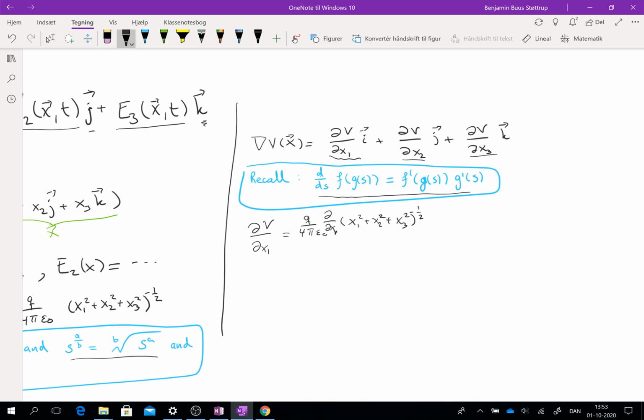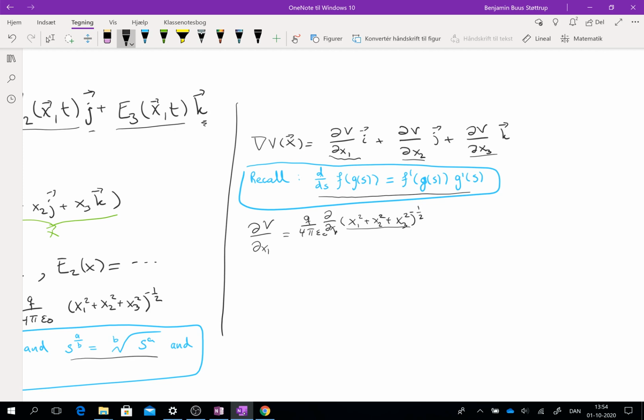That is basically s to minus 1/2, and then plug in g, that's the x1 squared plus x2 squared plus x3 squared, and then multiply with the derivative of g. And this is for one variable, but when we do the partial derivative with respect to x1, well, basically we have to take this guy inside here, differentiate partially with respect to x1,